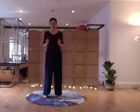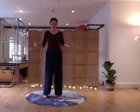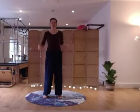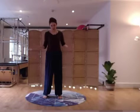So we're going to start with a really gentle warm-up just to get into the body. And we're actually going to start with a bit of a shake. So taking your limbs, let's start with the upper limbs and just giving a shake to the wrists, a shake to the elbows. Let that shake move into your shoulders. Maybe moving your head around a little bit, gently circling it or letting it drop from side to side, backwards